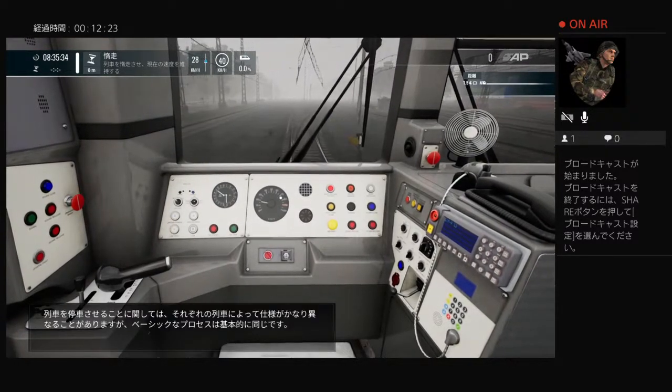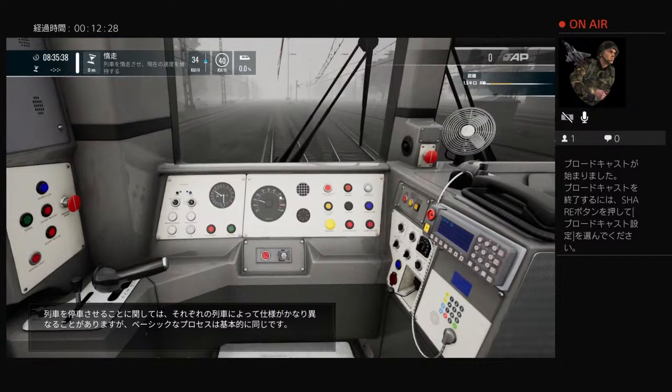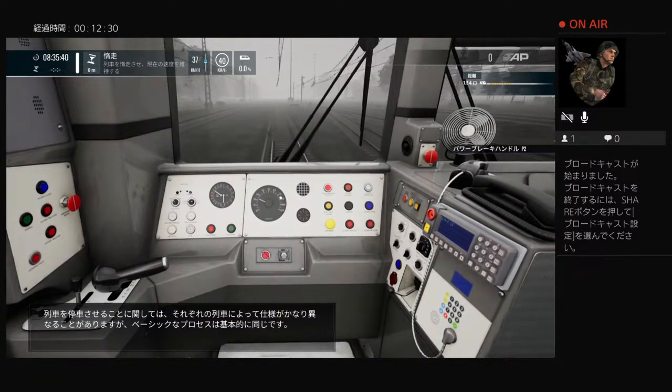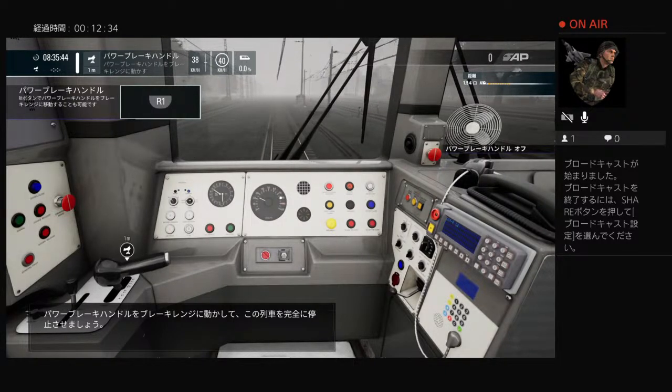When it comes to stopping trains, the specifics of each train can be quite different. However, the basic process is fundamentally the same. Bring this train to a complete stop by moving